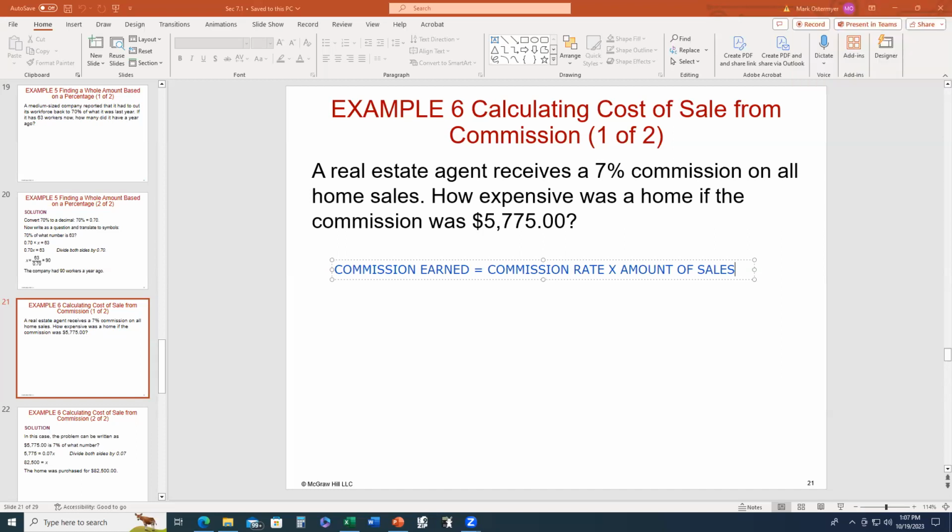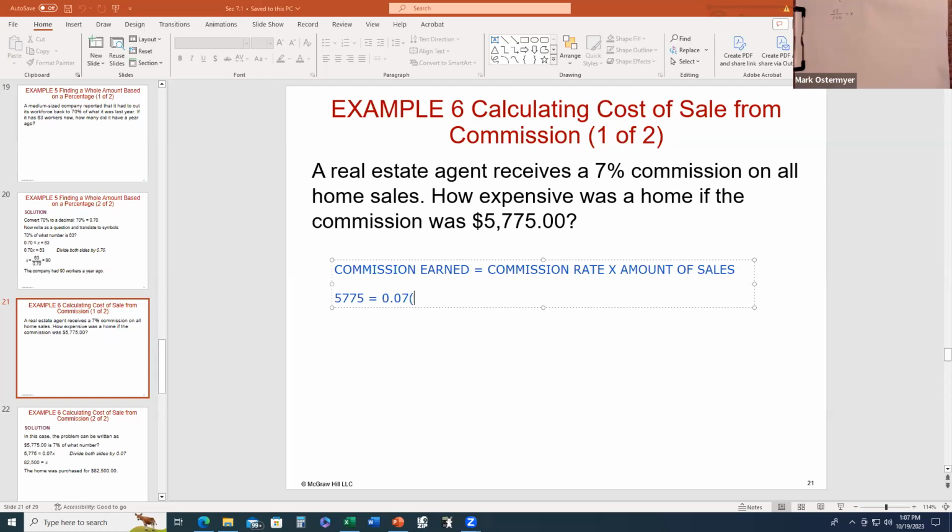Commission earned. They tell us that's the amount of commission that's earned. So therefore, this $5,775 is going to occupy the left side of this equation. The commission rate is 7%, but 7% as a decimal is 0.07 times,